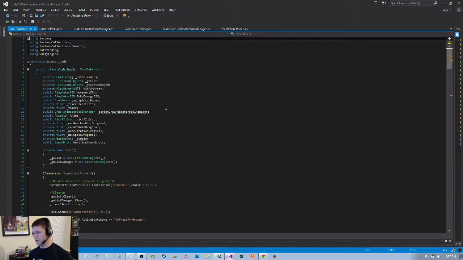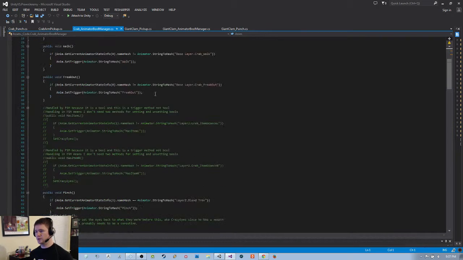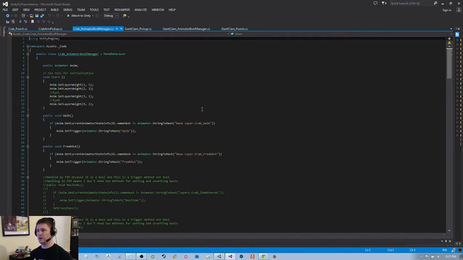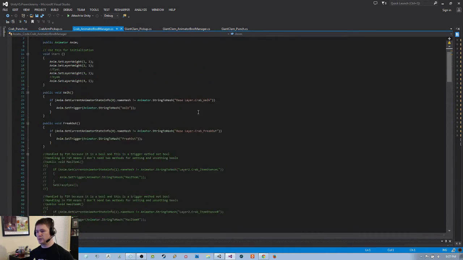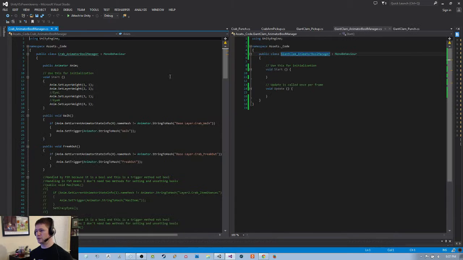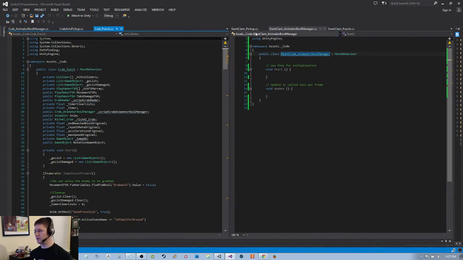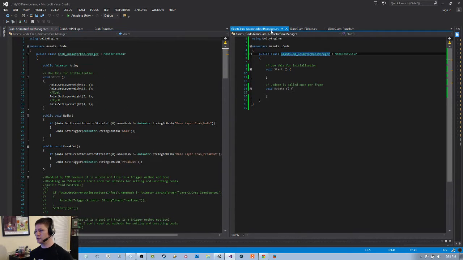What I want to look at now is the animator bool manager. So the easiest thing to do would be to go to something like the crab animator bool manager and look at how I set up things here. So where is my giant clam animator bool manager and the crab, and I'll just do this crab, and really I can just drag all the crab stuff to the left so that I can compare and work with stuff. So the bool managers are here,